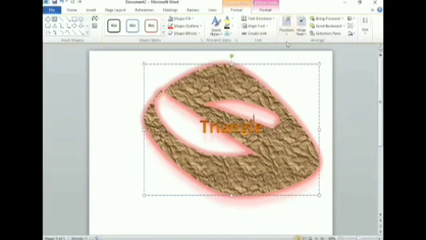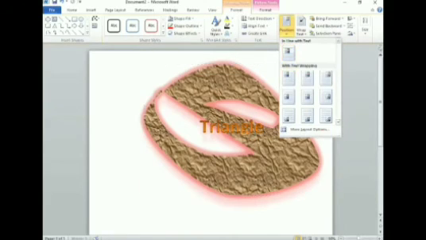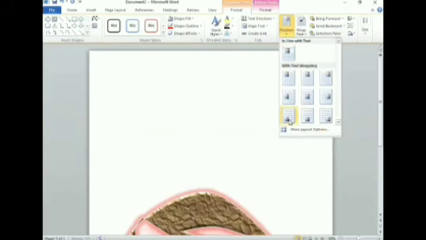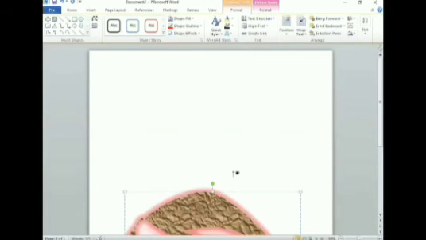So if you want to set the position of the text, it depends upon you where you want to display it. Clear? Center, right, whatever position you want to give. If you want to give on the bottom.